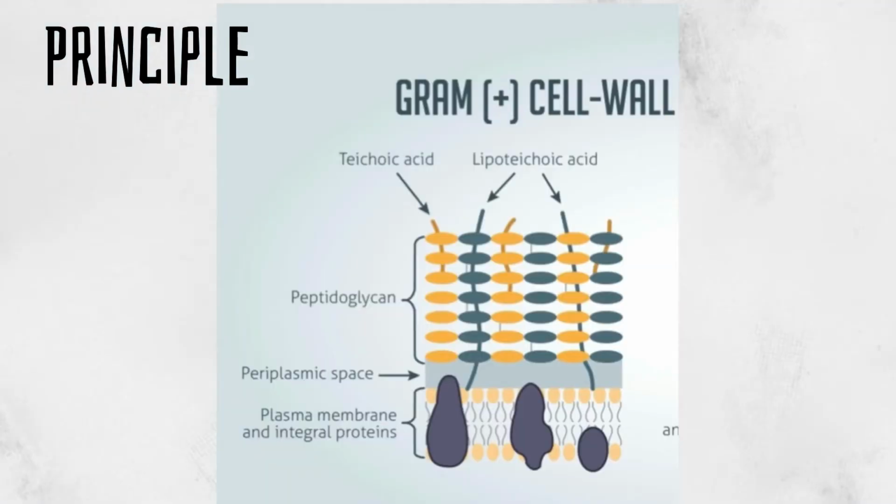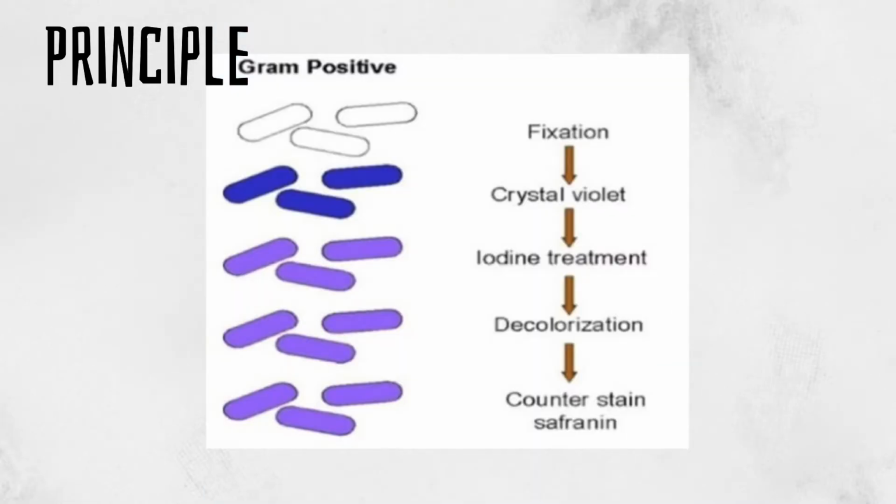Gram-positive organisms contain a highly cross-linked layer of peptidoglycan that retains the primary dye, crystal violet, following the application of the mordant, iodine. The iodine and crystal violet form a complex within the peptidoglycan. When decolorizer is applied to the cell, the CVI complex remains within the cell, making it appear dark purple to